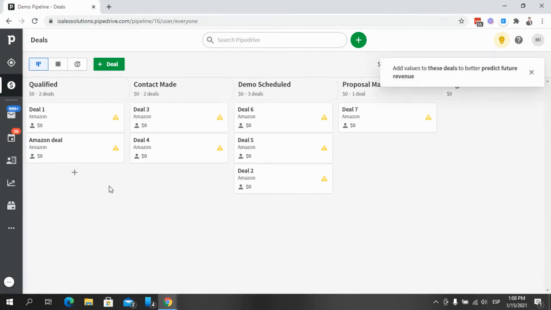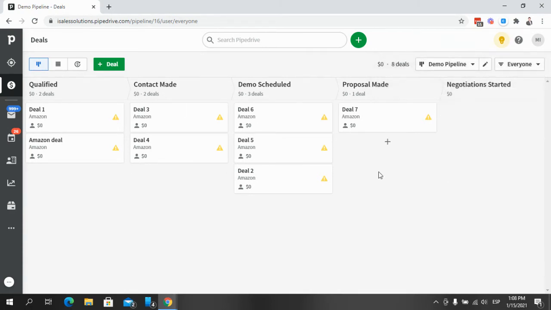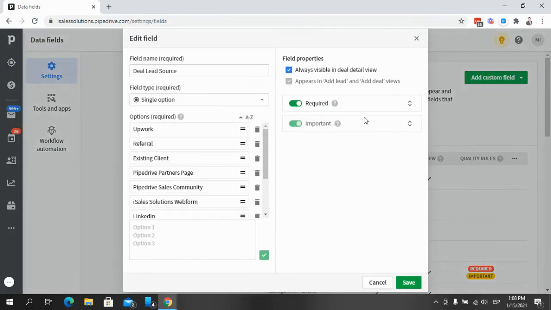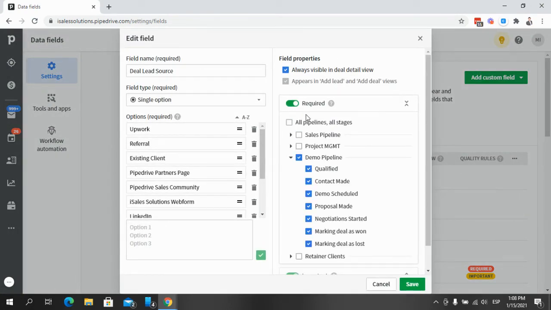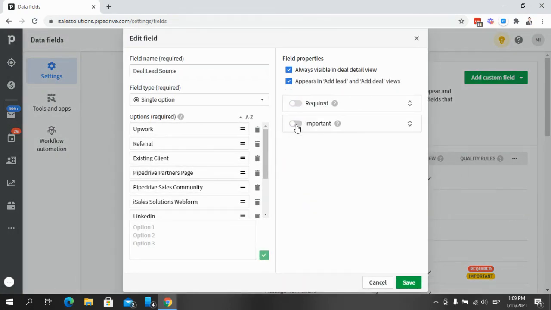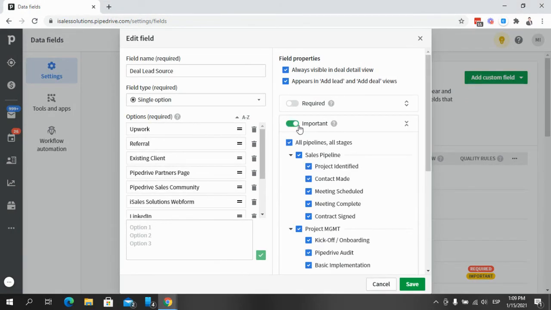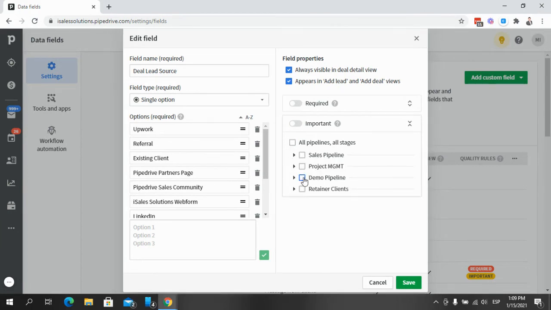Again, it is only available for the professional or the enterprise plan, but if you do not have access to it, there's a workaround that I want to talk about now. So that workaround is the following. Let's say that you don't have access to required fields. You can use, as long as you have the advanced plan, which everything else in this workaround is going to require anyway, the important fields tab, which will show up with the dialog box